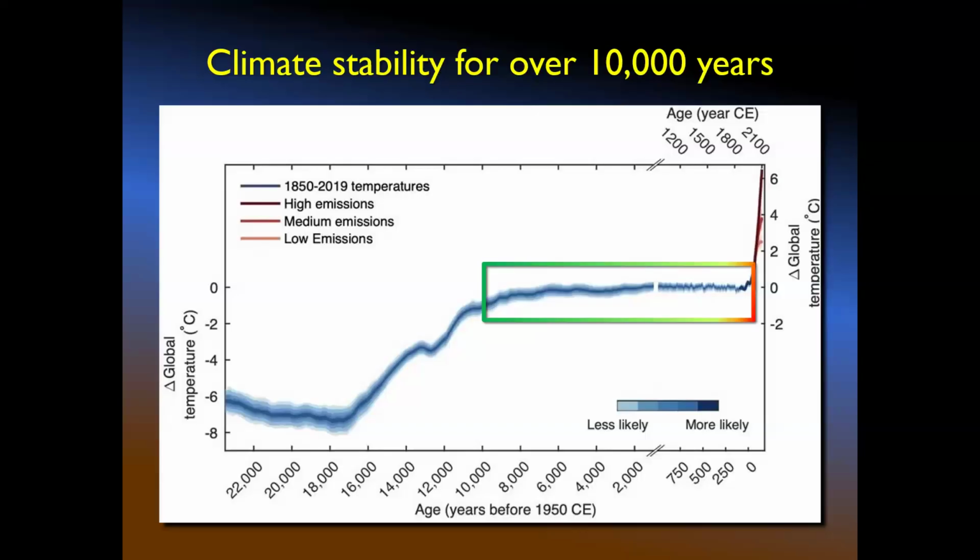This is more or less the past 10,000 years showing that there's been a relative plateau in terms of global temperature, which ended very recently. And so the plants that we are talking about no longer necessarily have the same patterns, the same processes that they've been used to for over 10,000 years. And the organisms that pollinate those plants are facing the same changes. They're facing the same dramatic changes.